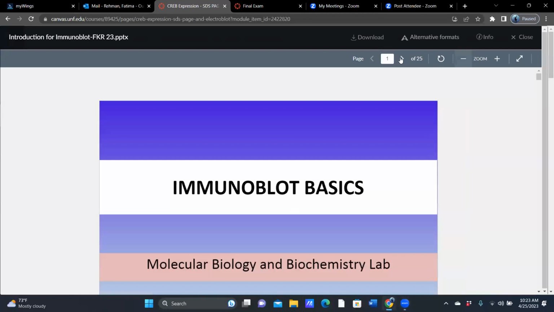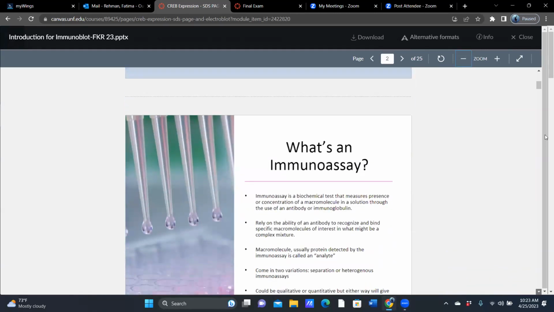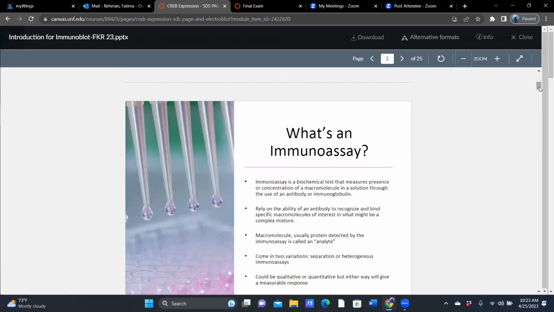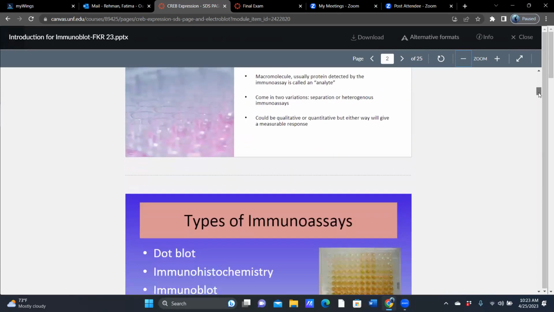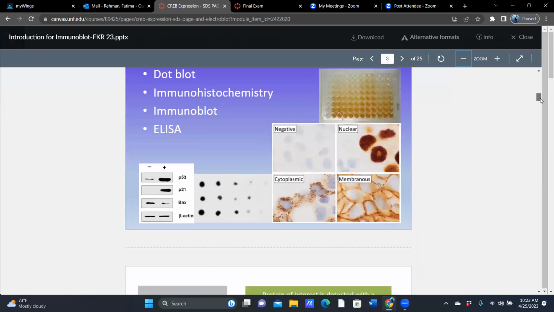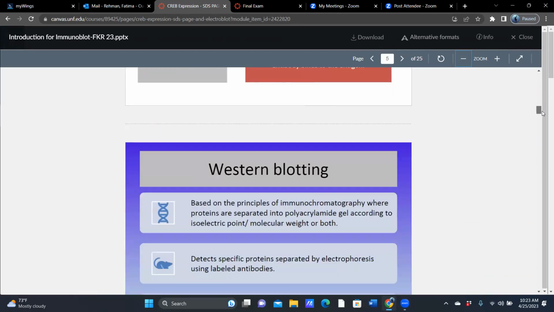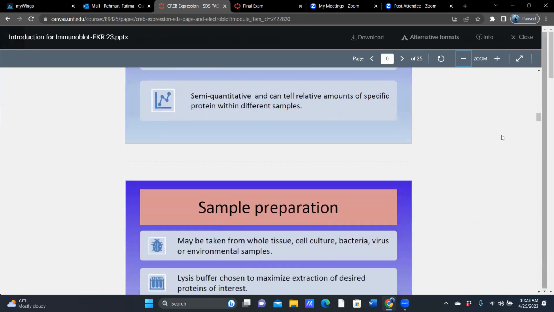Okay, so in the second module, there is a PowerPoint that goes through Immunoblot basics. I'm going to use that to give you a little bit of that information. It talks about all kinds of amino acids, by the way. It will talk about ELISA and immunohistochemistry and Western blot. So you can learn about all three things in there, but I'm just going to focus on